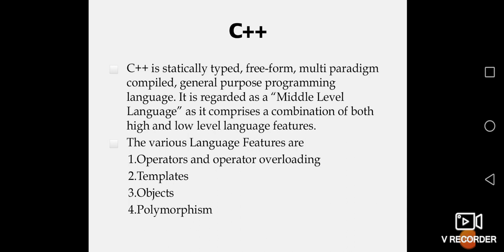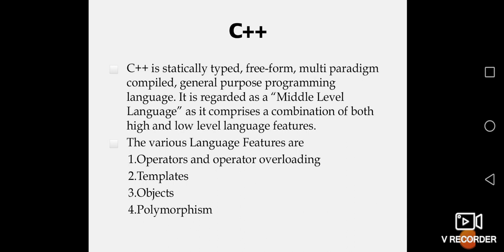Imagine if you want to write addition, instead of numbers we are going to use letters. If you want to say 5 plus 1 is equal to 6, instead we'll say a plus b is equal to c. That means instead of 5 we are using a, instead of 1 we are using b, and instead of 6 we are going to write c. So a plus b is equal to c. Instead of 5 and 1 we can give 2 and 1, so the output will be 3.